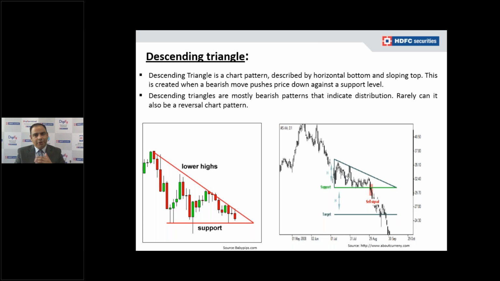The downtrend has continued, and the potential target works the same way as I mentioned for the uptrend. If the support level is 100 and the range initially was 120 to 100, that means 20 points. The 20 points will be the downside target. From 100, the target would be around 80.